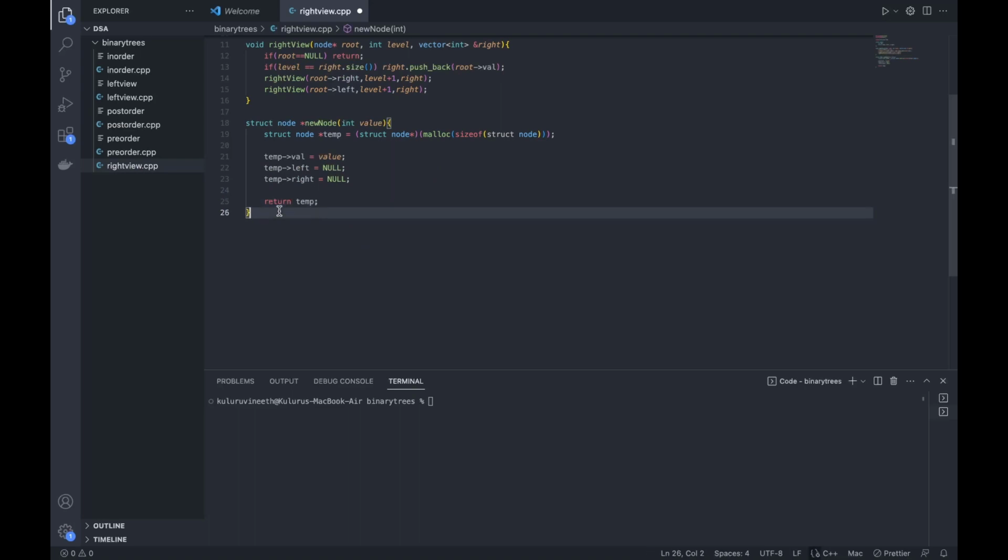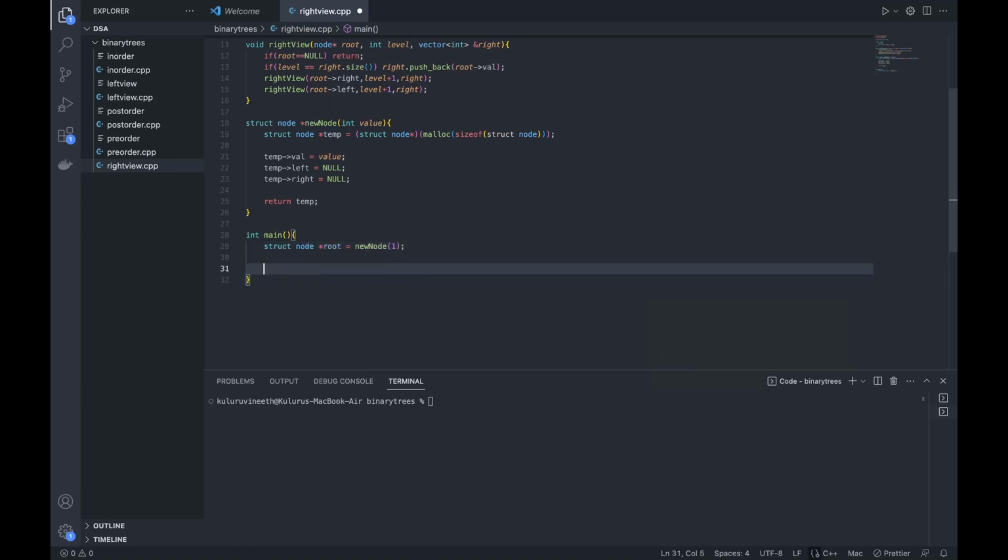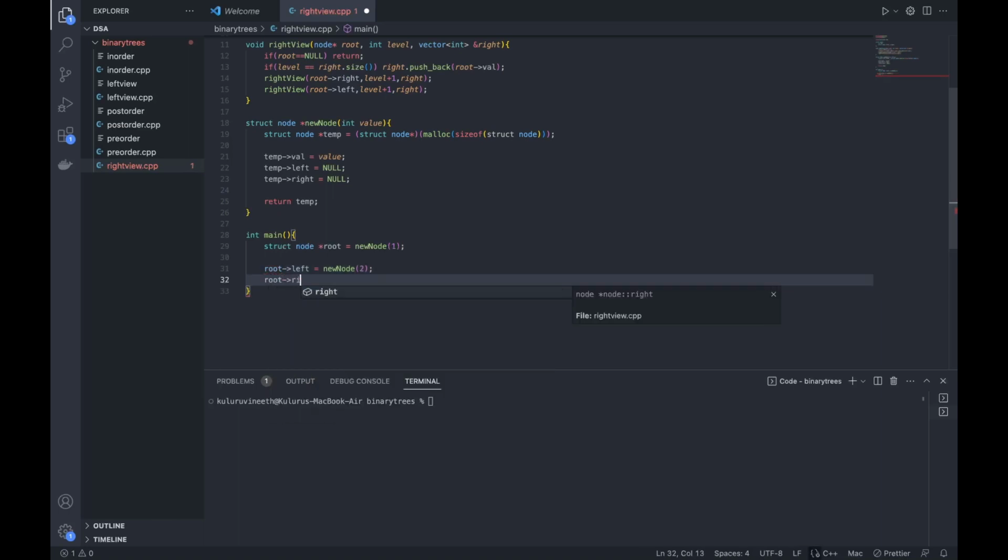The functions needed for our right view are done. So finally we'll write the main and write the same example structure and try to execute the above function and see if the output is matching or not. Okay, so let me create the root node. Let's name this root, and the root node in our example was 1, and let's quickly replicate the tree structure. That is, left was 2 and right was 3,